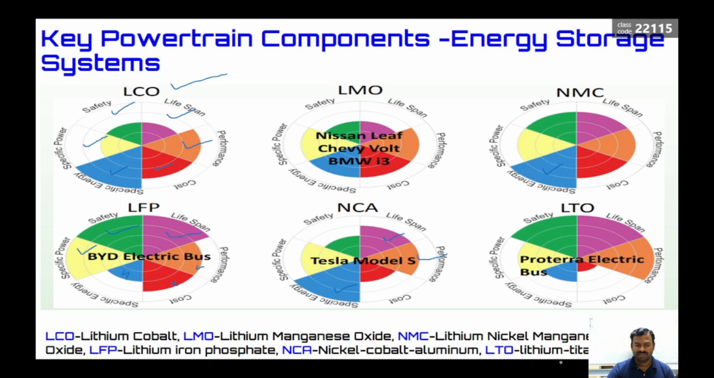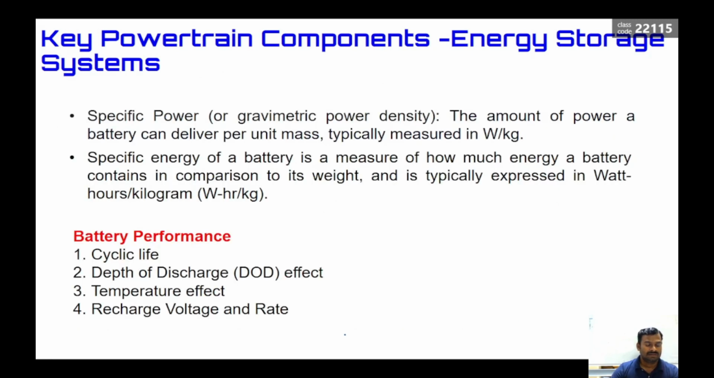LTO, lithium titanium oxide, is also used in some buses, Proterra electrical buses. Safety is good, lifespan is good, performance is good. Specific energy and specific power are in the average range, and the cost is less. So these are the different types of batteries and the comparison of these batteries. So this is the spec for the battery. Specific power means the amount of power a battery can deliver per unit mass, typically measured in